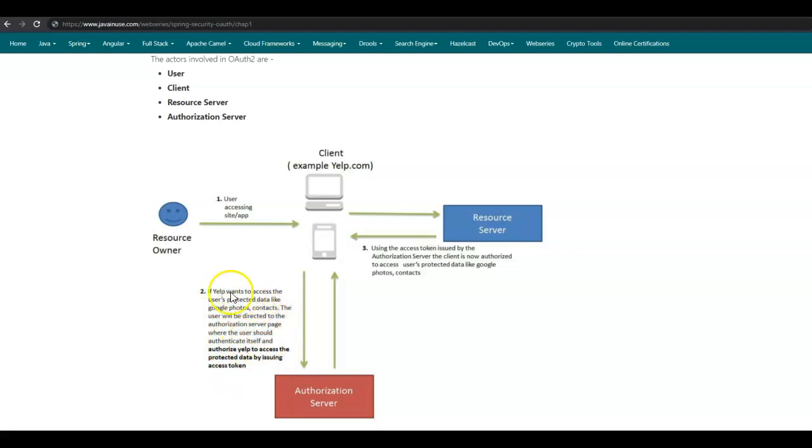Once the resource owner authorizes the Google authorization server, saying yes, please give access to yelp.com, the Google authorization server will issue an access token to yelp.com, and using this access token, Yelp can then go to the resource server and get the resource which the resource owner has authorized yelp.com to access. So in this case, using the access token, Yelp can get the email contacts from the Google resource server.